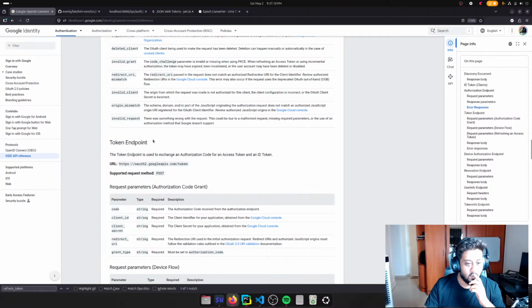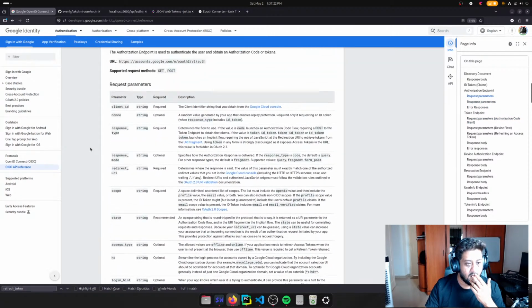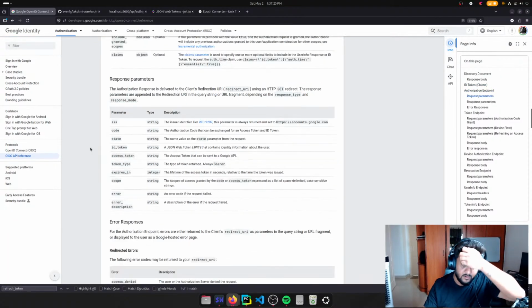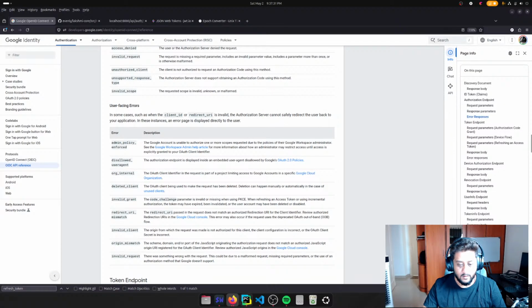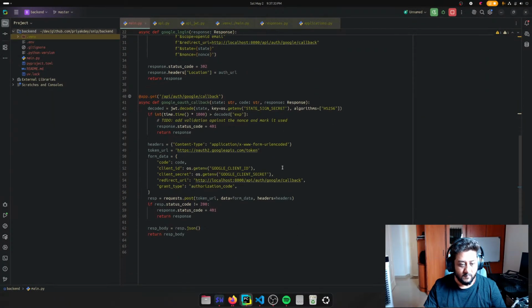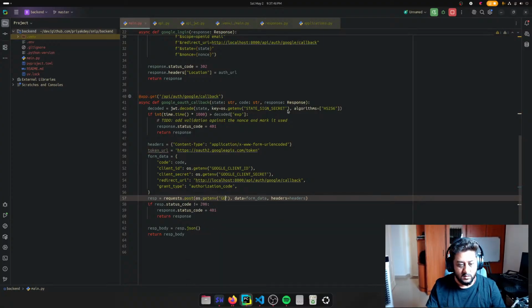What do they call it? Token endpoint. Yeah. So this is called the authorization endpoint. This is called the token endpoint. So I think we are good in here where we say this token URL. And here this is os.environ Google token